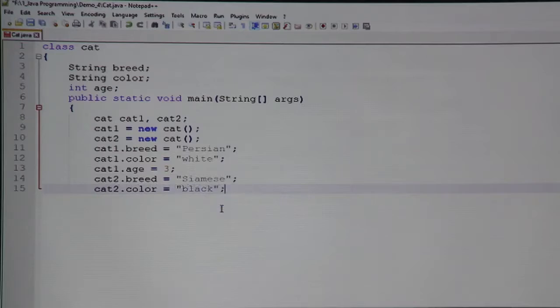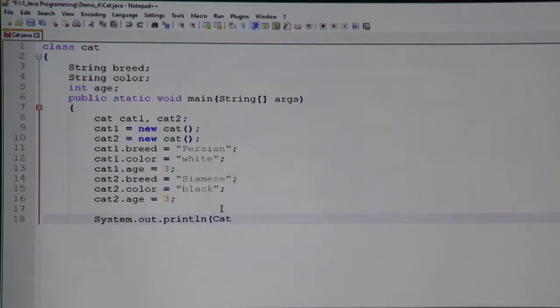Okay, and then I'm putting cat2.age equals 3 years, for example. Now I can also print the values of this object using System.out.println. I can put here in brackets cat1.breed, right? So this is how I can just go and add